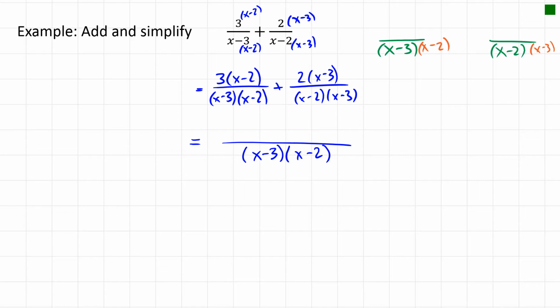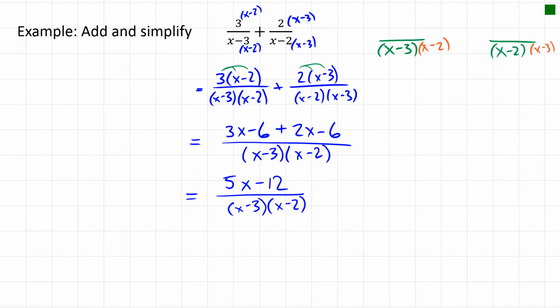And so to do that, I'm actually going to multiply each of these numerators out. So 3 times x minus 2 is 3x minus 6, plus 2x minus 6. And then I'm going to combine everything in the numerator. So 3x plus 2x is 5x, minus 6 is minus 12. So I have 5x minus 12,